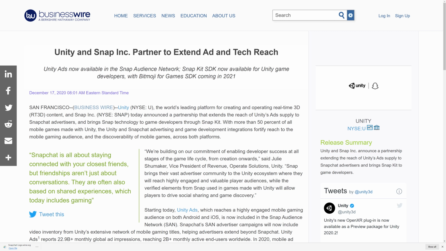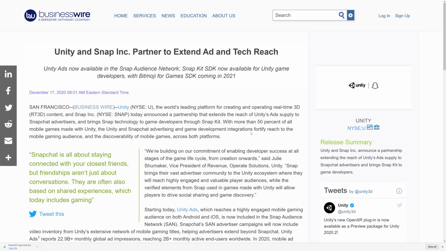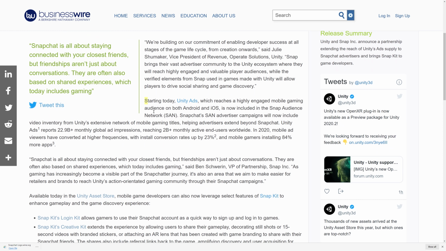news here as well. So, basically there is a new partnership that extends the reach of Unity ad supply to Snapchat advertisers and brings Snap's technology to the game developer through SnapKit. So there's two parts to the news here. The first one, and probably the biggest one, is going to be this right here. If you're using Unity ads right now, the advertiser pool, that is the number of people capable of targeting your